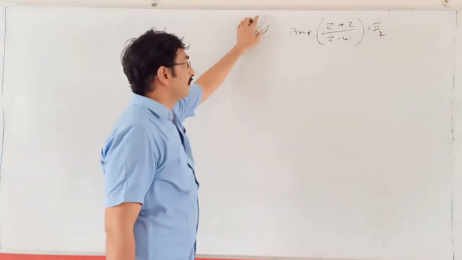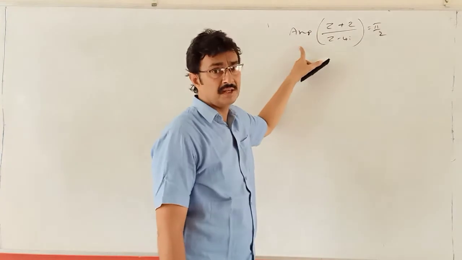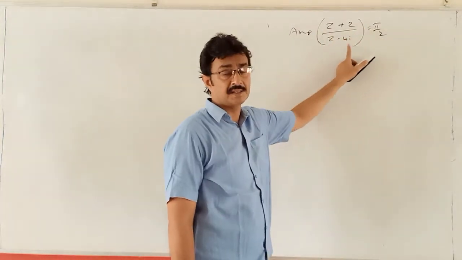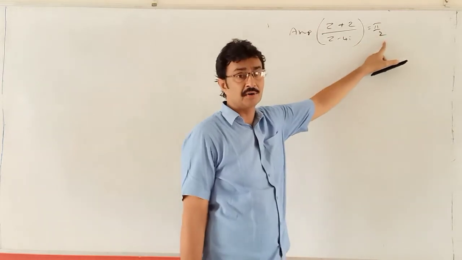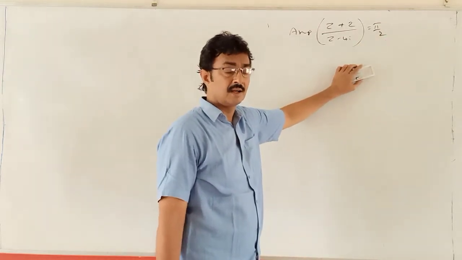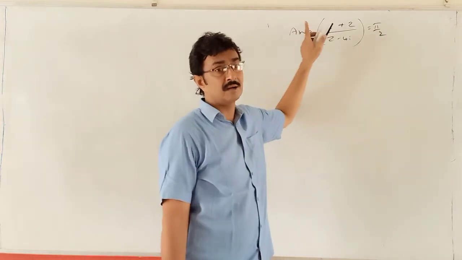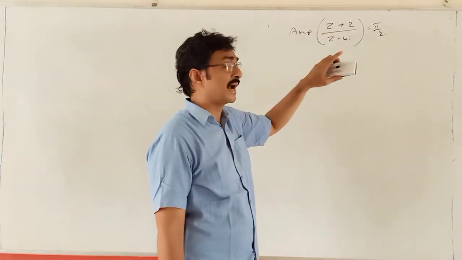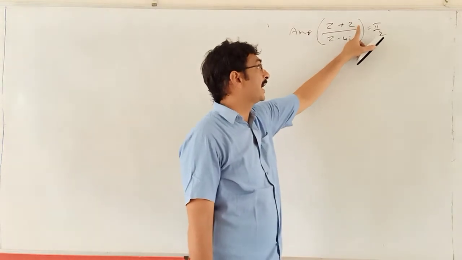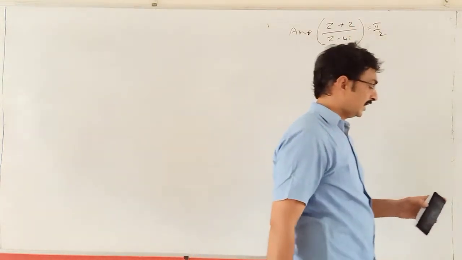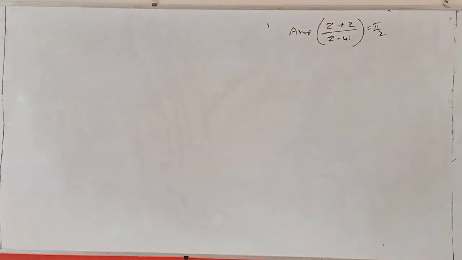This is in the form of amplitude, which means argument: argument of (z - z1)/(z - z2) equal to theta. The locus of z is a circle, an arc of the circle, particularly where the angle is theta. Here the locus of z is a complete circle with the ends of the diameter at (-2, 0) and (0, 4). But here what is required is clearly the equation of the circle.